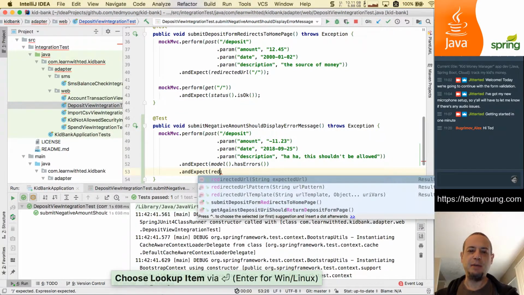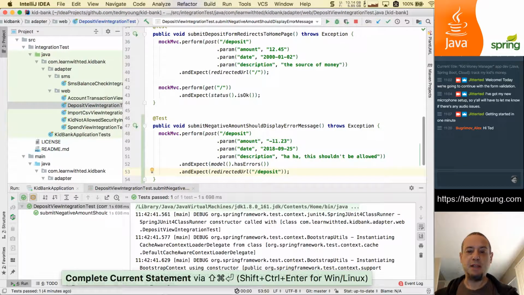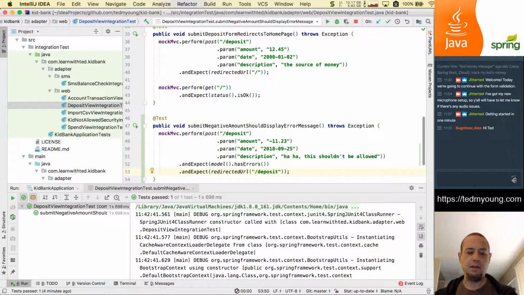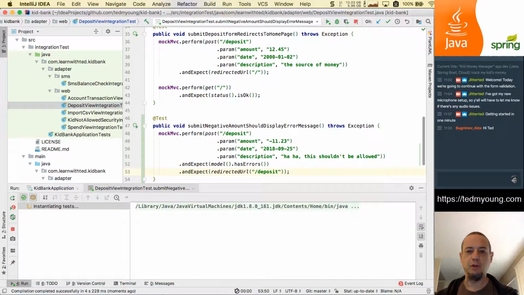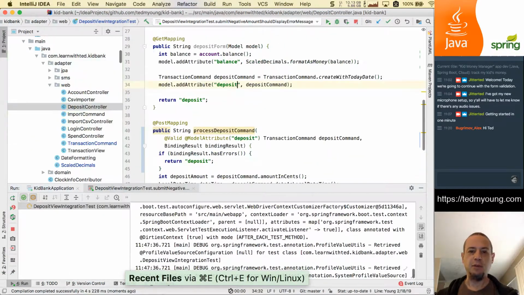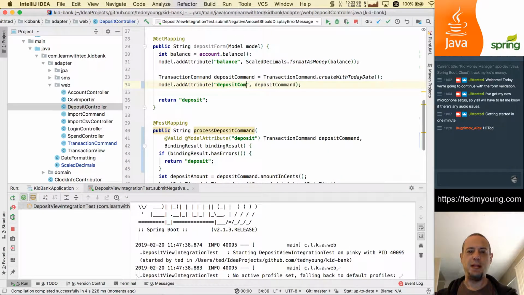So we expect that we will get a redirected URL to deposit. I expect this to pass. So let's run that. And I think before I move forward, I want to make that change that I was mentioning before, which is make it a bit more clear in the controller here that this is a deposit command. And even though it's not required,